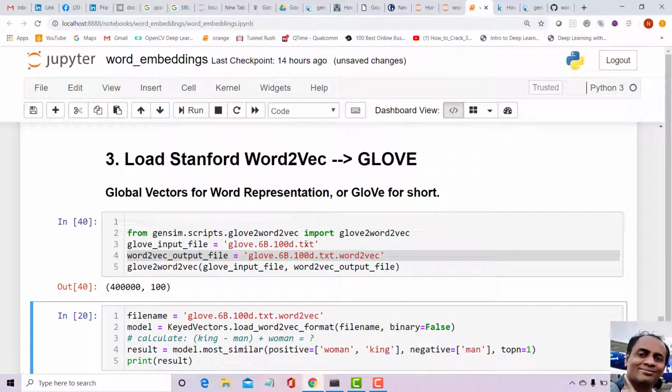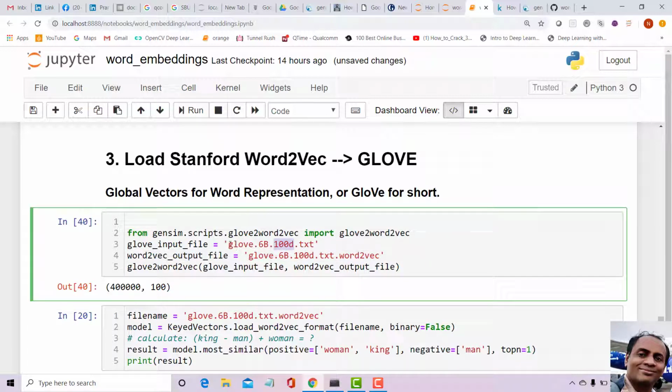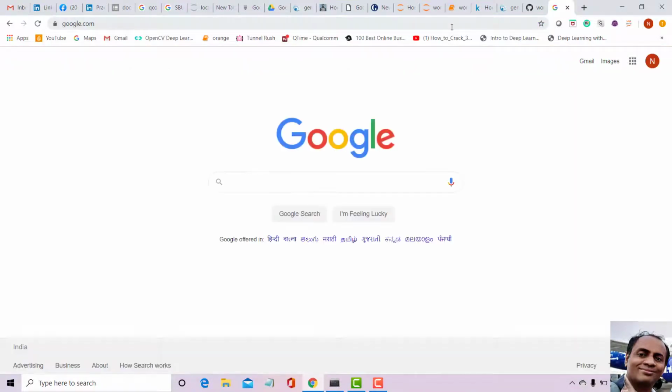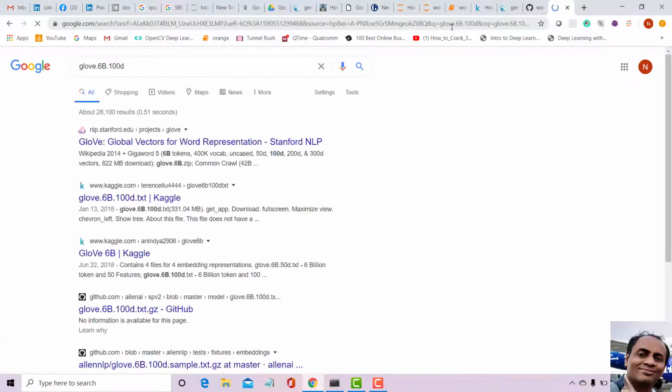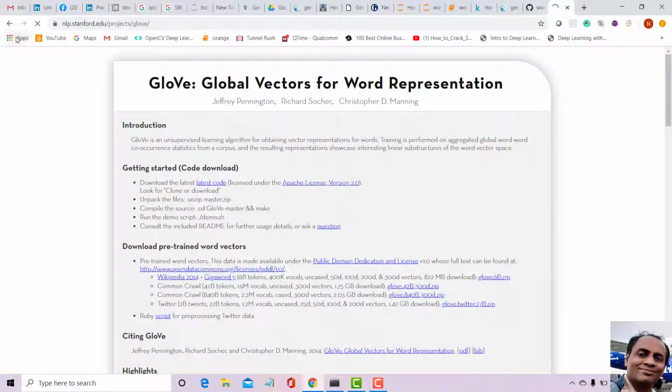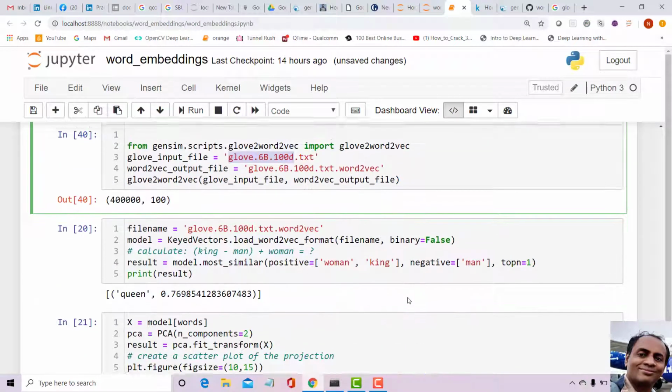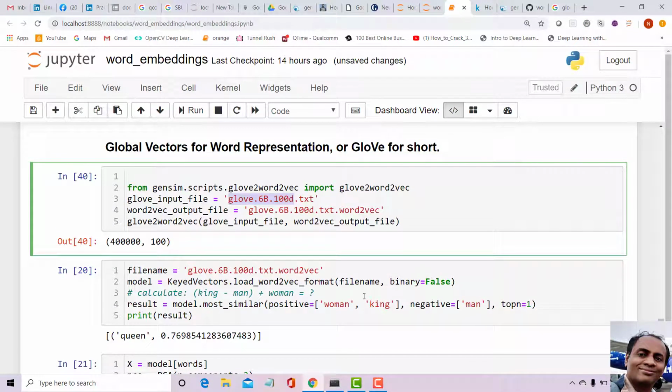Again, this needs to be downloaded, guys. You can also download it by going to Google and typing this, and you'll be able to download from the Stanford site. Coming back to Jupyter Notebook, see, it has 400,000 words.